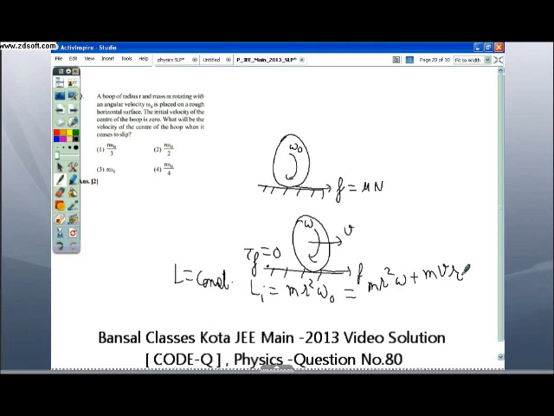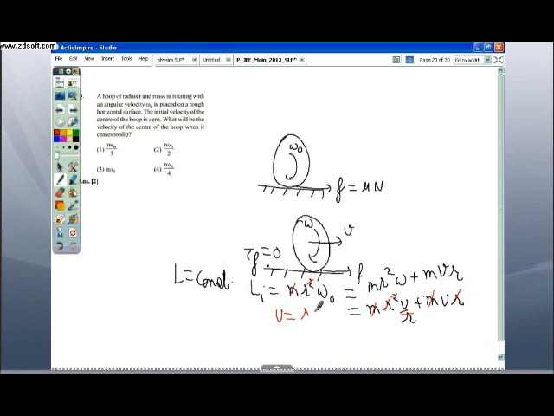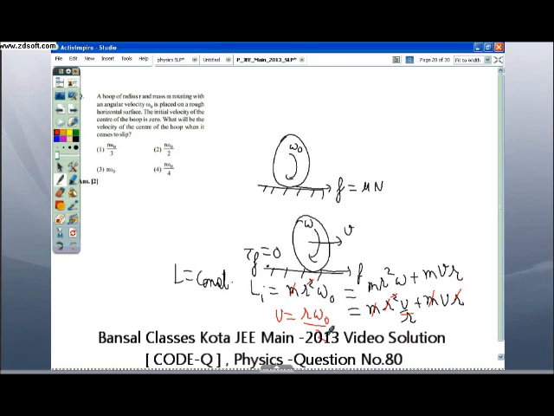So we know that if it ceases to slip, then v equal to r omega, that is equal to mr square multiplied by v by r plus mvr. This means that r gets cancelled with r, m gets cancelled with m, r again gets cancelled with this r, so we get v equal to r omega naught. The answer is